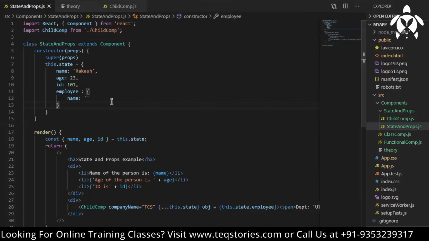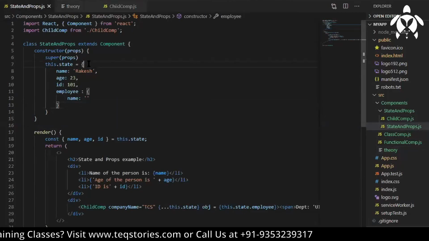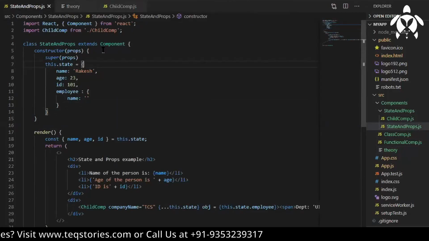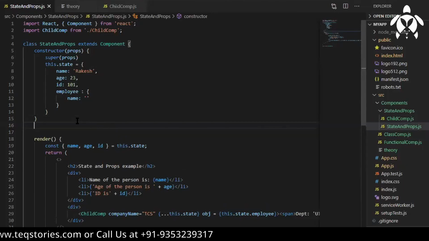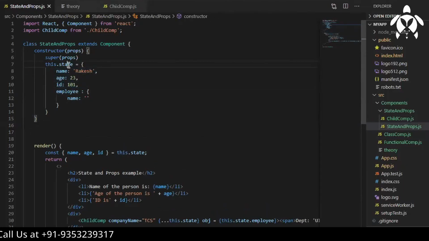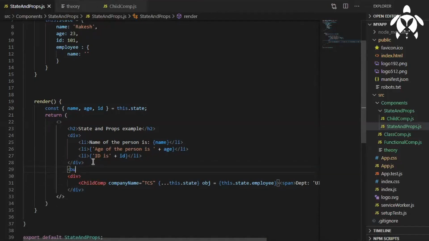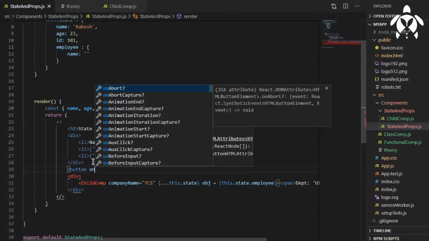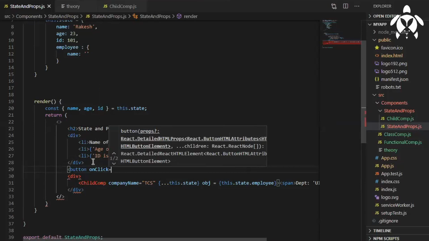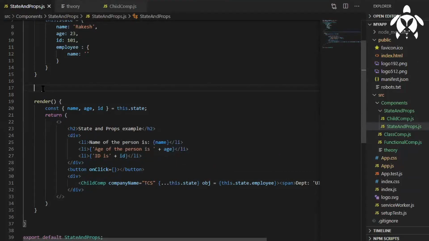Now how can we handle this? We'll see that also, and first of all we'll see how to set the state, and then how to handle that. What I'll do, I just want to change this data, so I will use the setState method. Let me have a button with an onClick event, and in this onClick event I will call the function.